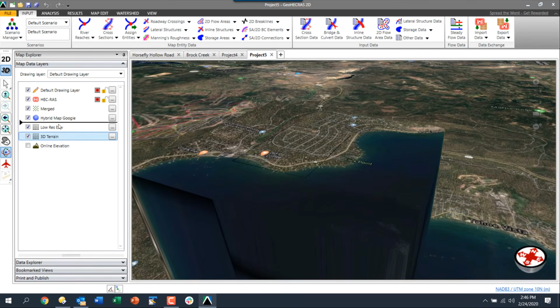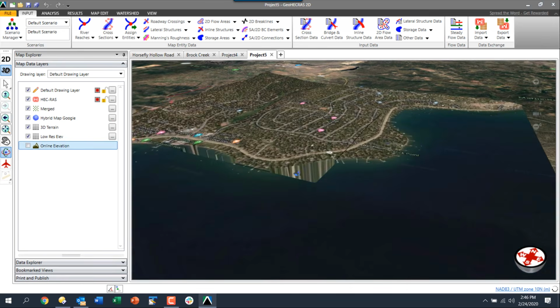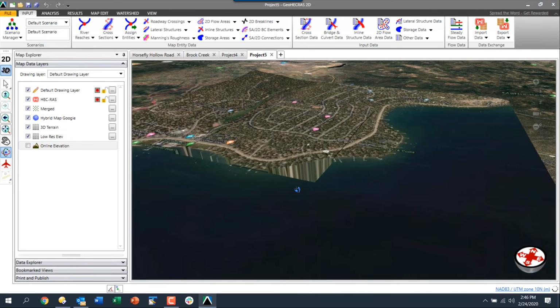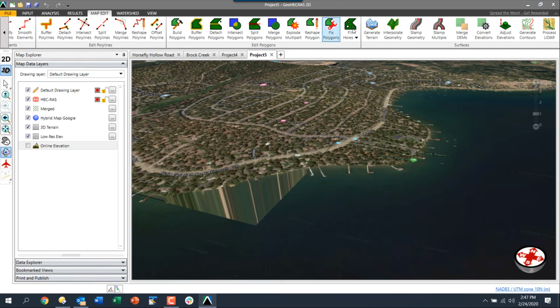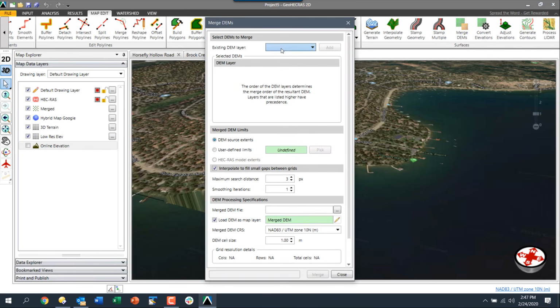So I want to bring the 3D terrain above that. So I still have the holes, right? The holes are still there, but I can see now I filled in all the other gaps. So how do I get rid of the holes? I'm going to show you that step as well. We're going to go over to our map edit, and we're going to choose here merge DEMs. In here we're going to grab our 3D terrain, just hit add, and grab our low res, add,